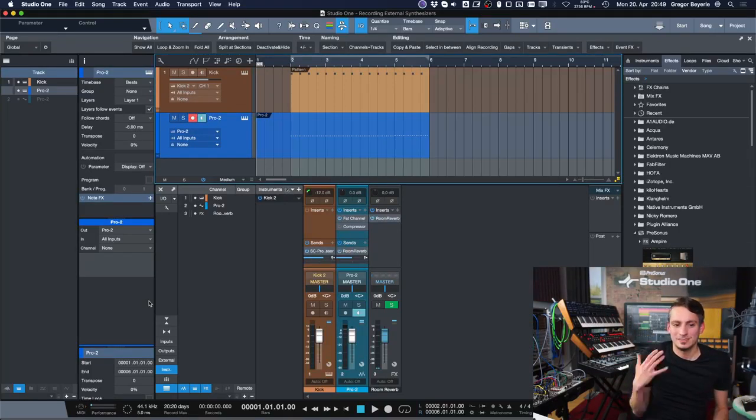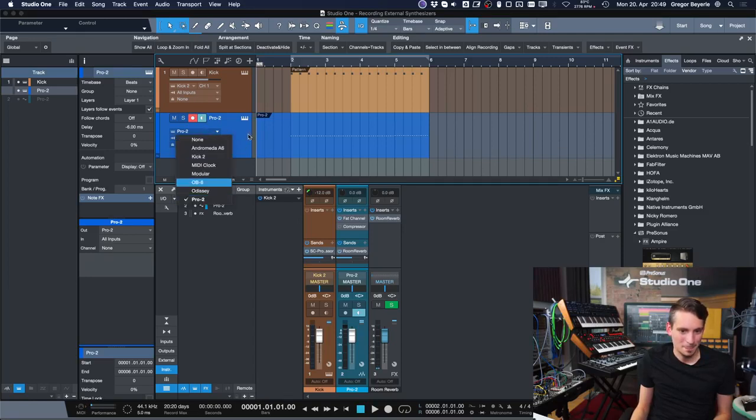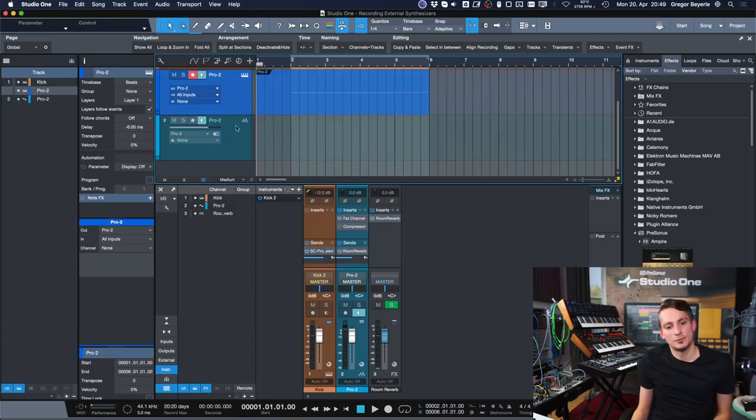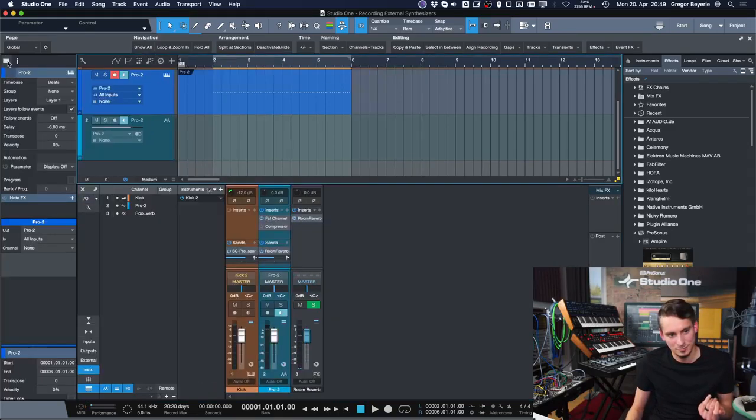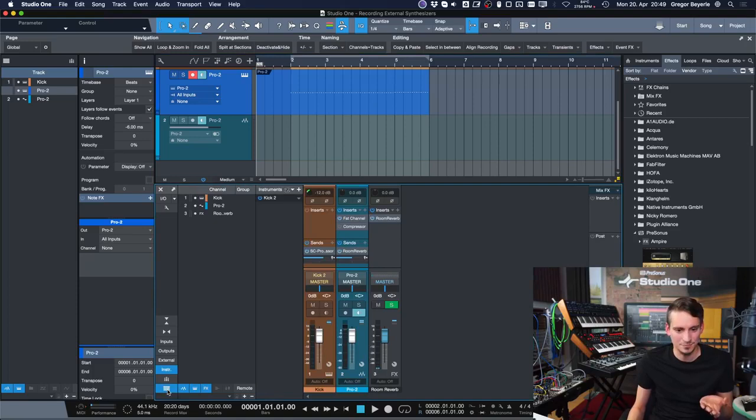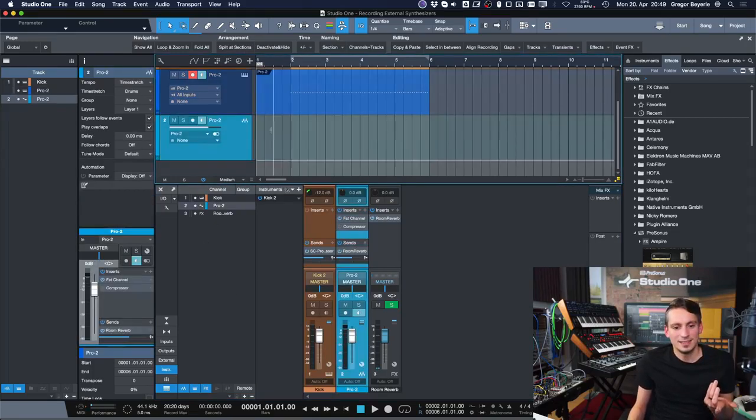And when I record my external instruments, what I like to do is to add one instrument track that I assign to it and one audio track that I use for the monitoring. So essentially I have one MIDI track to send out the MIDI notes, and I have an audio track to capture the resulting audio. And one thing that I do then is show the track and the channel list, which you can do by clicking on these 4 stacked horizontal lines both here above the track list and here in the channel list. And then I make sure that I don't see the audio track in my track list, and I only see it here in my mixer,